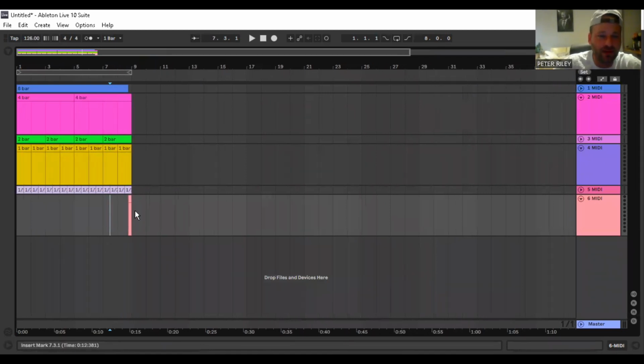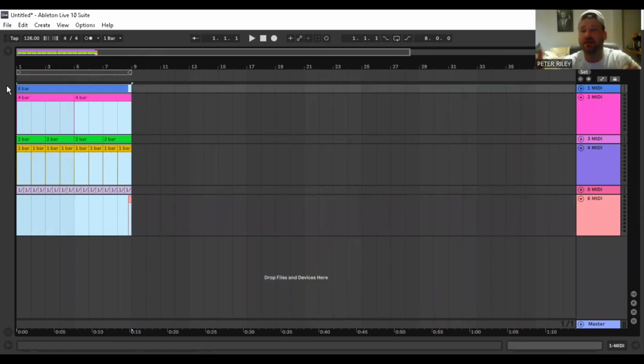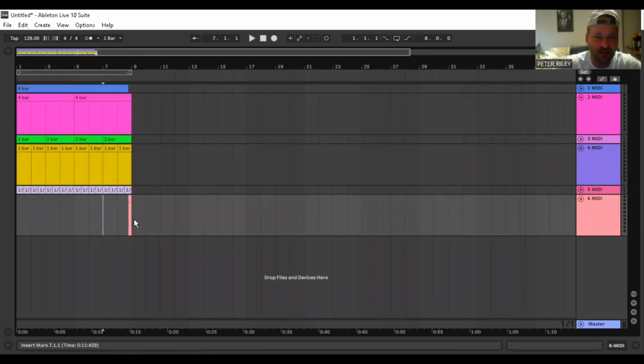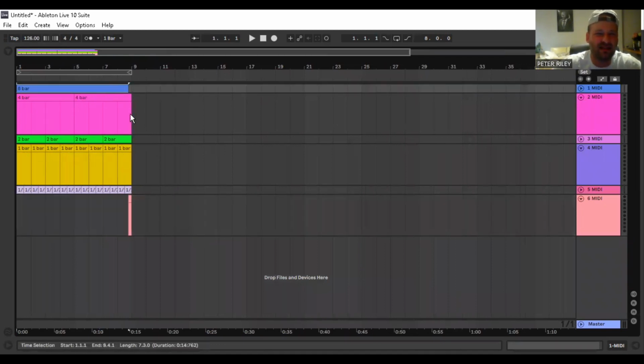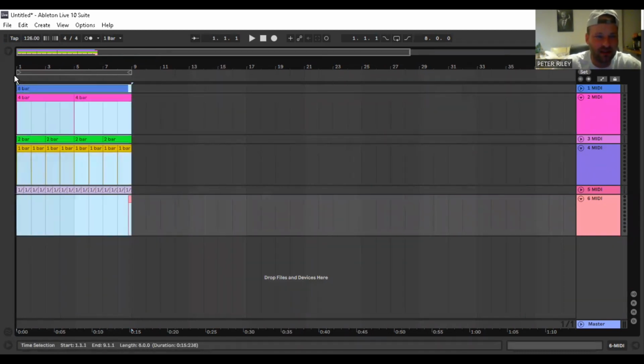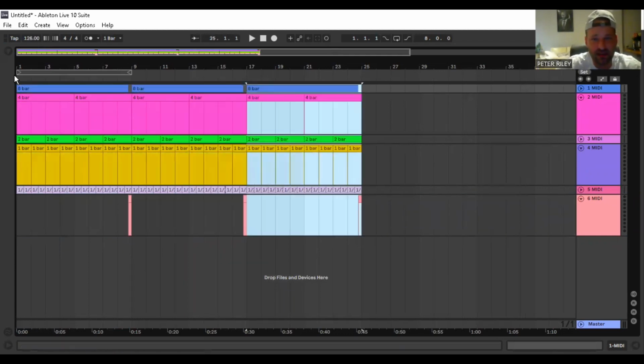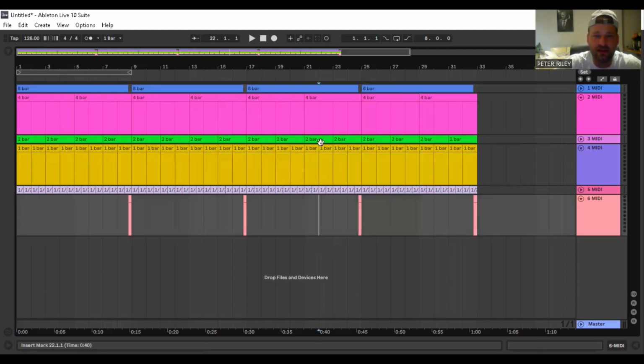Once you've got your 8-bar loop full of stuff, you can then start duplicating across this grid and figure out where you want your stuff to be. So let's say, for example, let's quickly name it. Let's say that was bass. This was all the drums. This was the synth and some other percussion, etc. Just use your imagination. If I highlight this and press Control D, Control D, Control D,